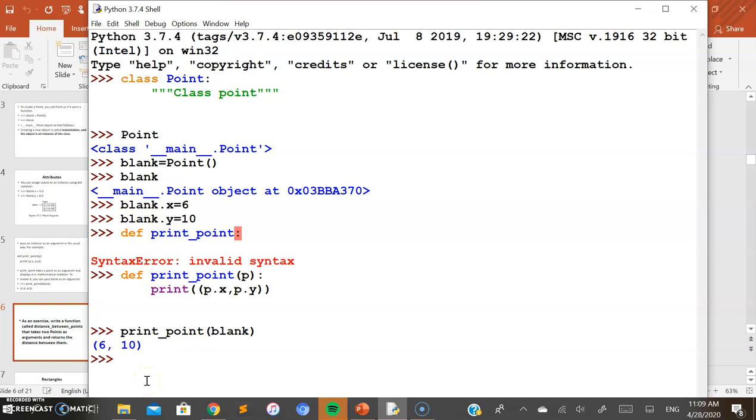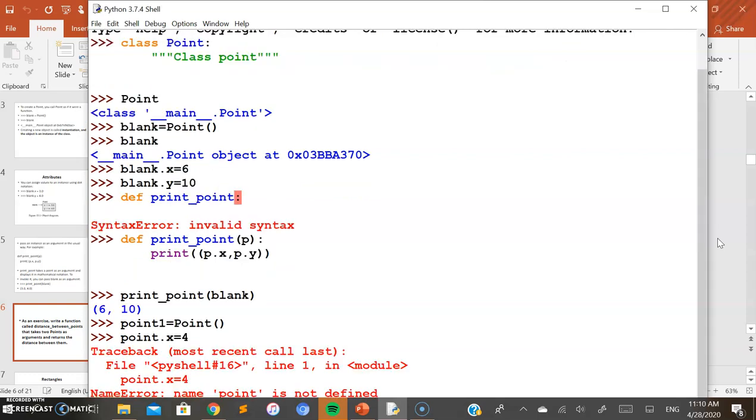Next I'll create another object as point 1, as the second object of the class point. So for this again I want to set the values, x is equal to 4.